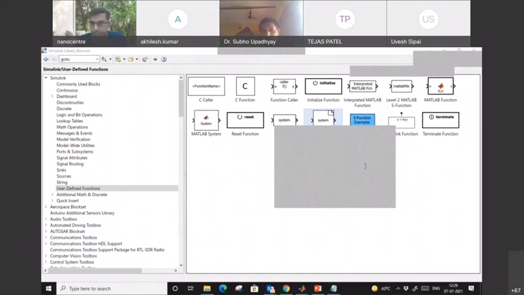One more question: can we do energy management of a microgrid using MATLAB coding, or is only Simulink used? Okay, you can do both ways. I used a hybrid kind of system in the demo I showed right now, and there was a microgrid also. Instead of using a solar panel, you can use only a microgrid also.